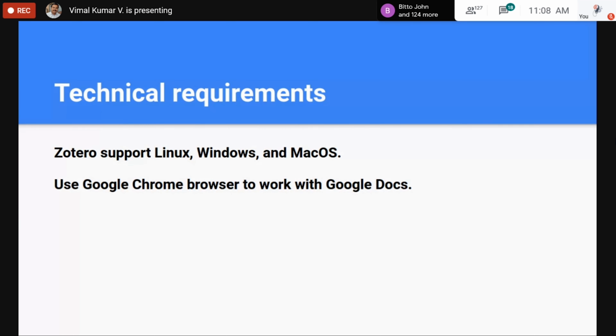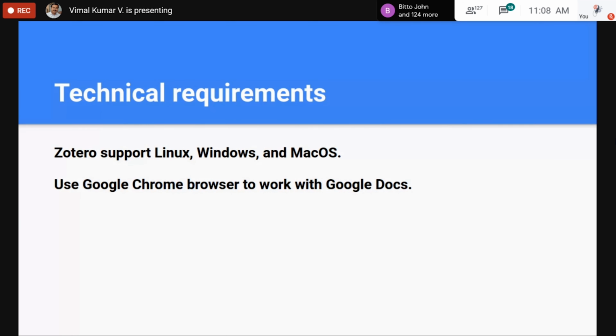Let's check how to install it. On the home page, you can see a button called Download. Just press there. You can find two components there. We have to install these two components.